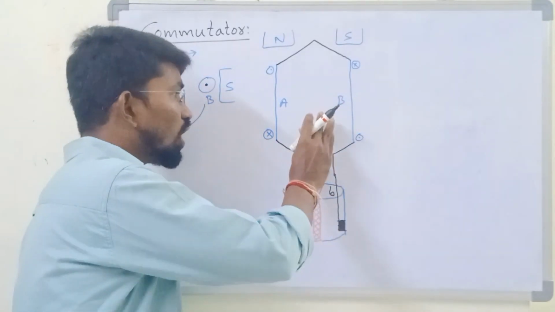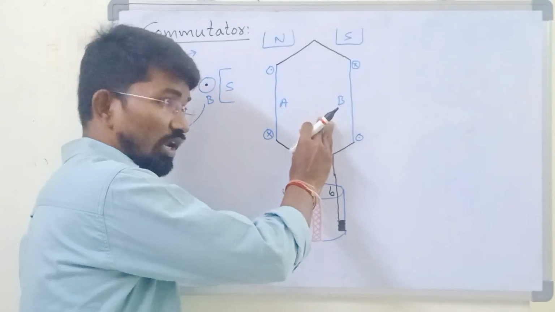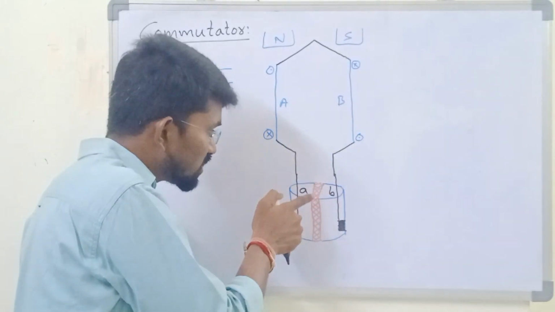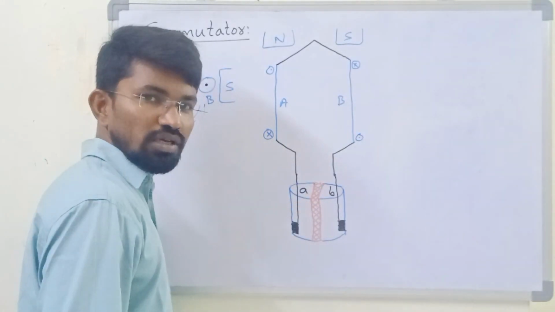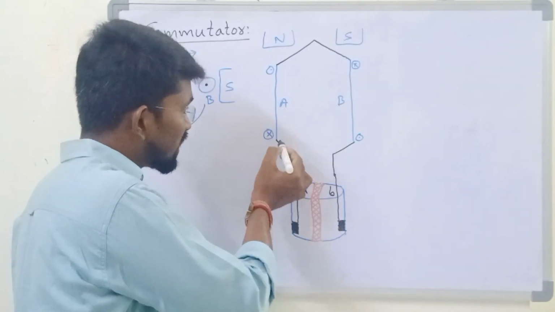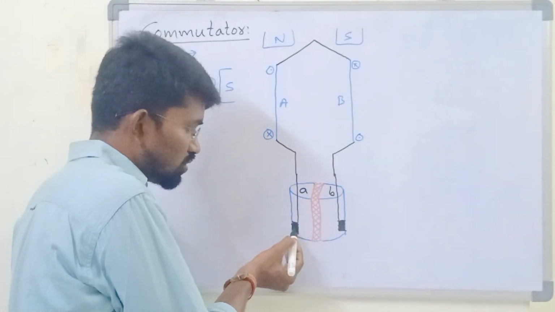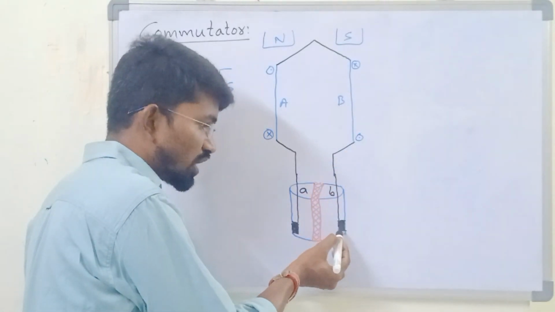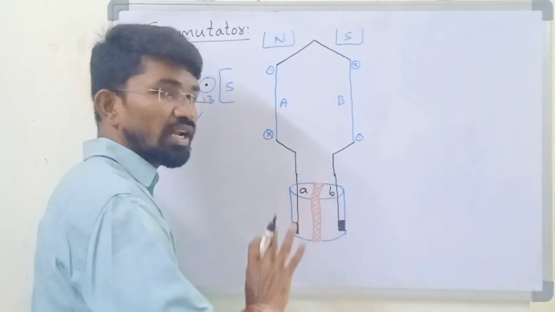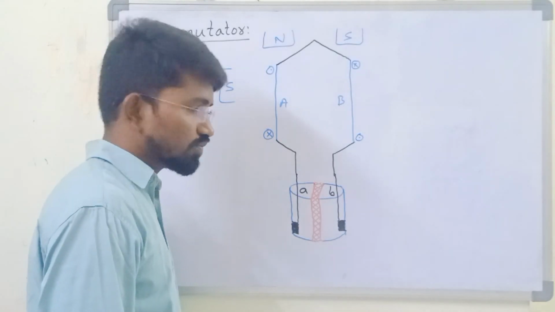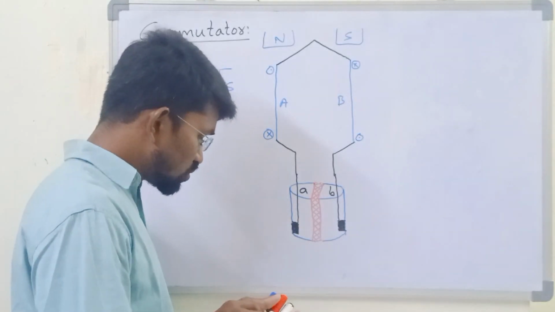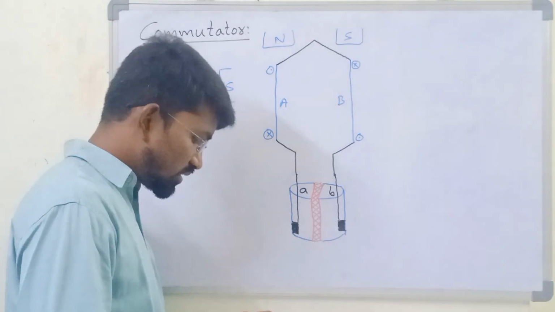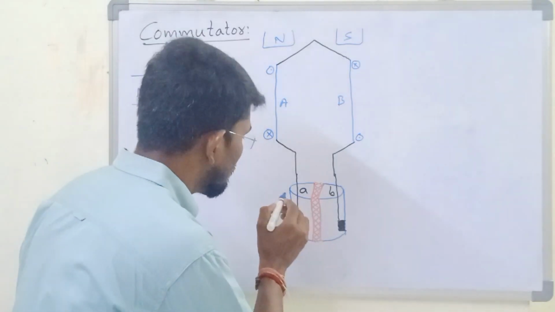So in order to avoid that short circuit across these armature conductors, we will be using the help of this insulation here. Now I am saying that this conductor A is permanently connected to segment A and conductor B is permanently connected to segment B. Once these connections are done, we cannot change those connections, right? Now these two segments are connected to another special device which is nothing but brush.